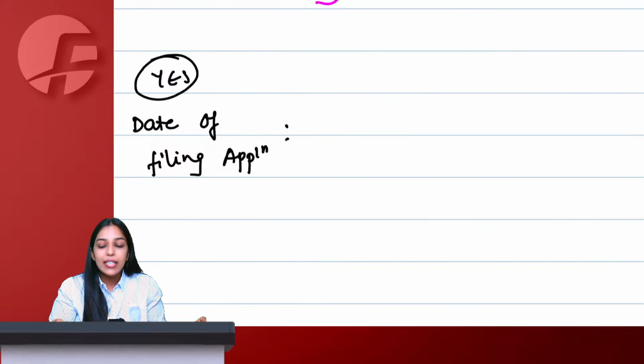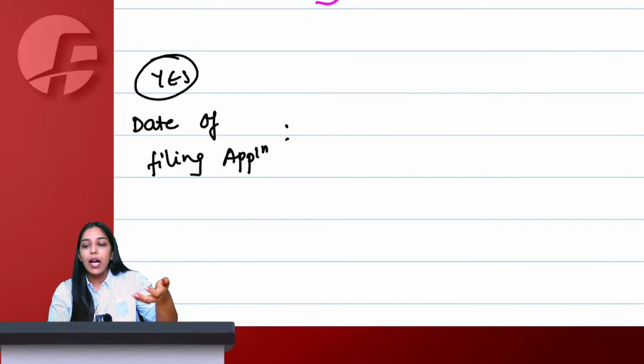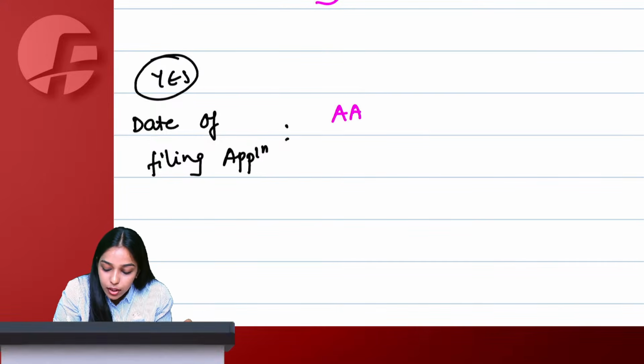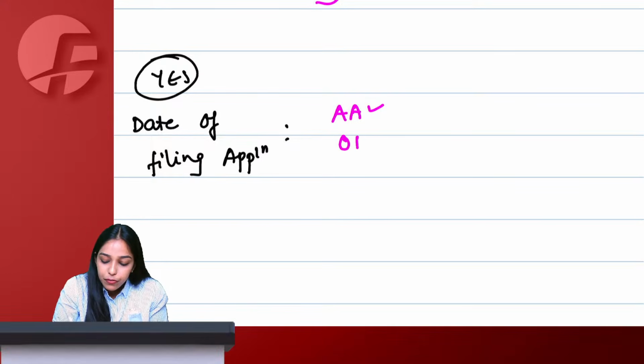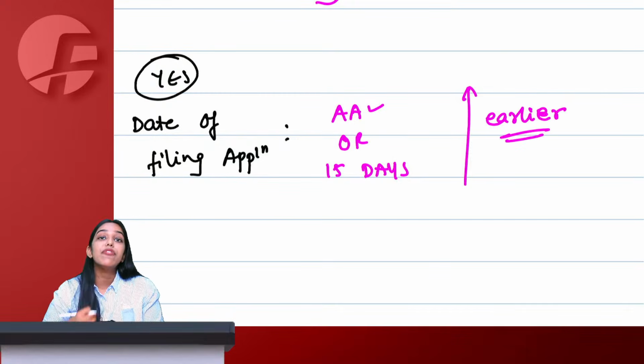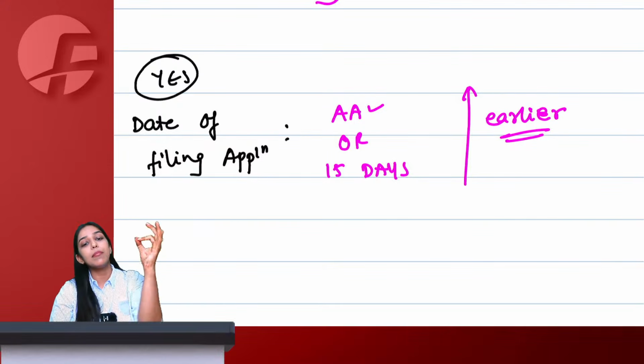Okay, so if I selected yes, I want to undergo Aadhaar authentication, then after furnishing Part B, whenever I get this link and undergo Aadhaar authentication, the day on which I actually undergo Aadhaar authentication or 15 days from the day on which I furnish Part B, whichever is earlier. The government is saying we cannot wait for an entire lifetime. No, we are not Devdas for us to wait. So government is saying maximum 15 days.